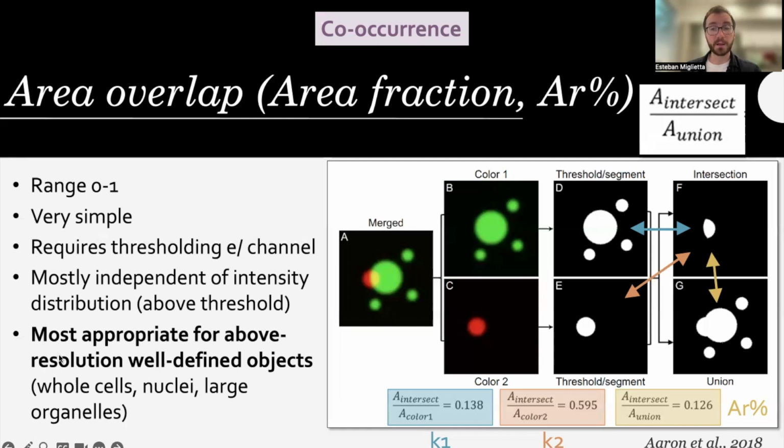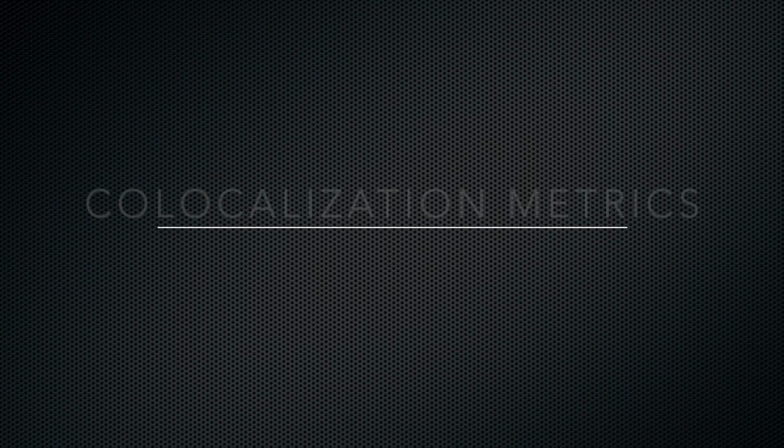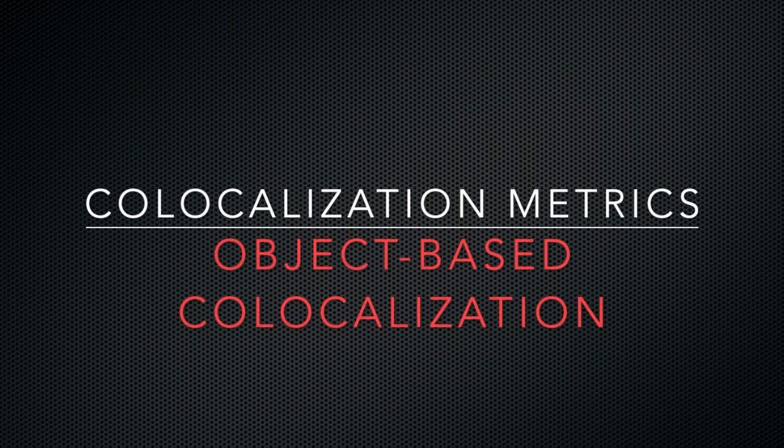This type of metric is, again, rather simple, goes from 0 when there is no overlap to 1 when there's a perfect overlap between the two signals, and is usually best used for really big objects that are well above the resolution limit of the microscope and are very well defined, such as, for example, nuclei. If you want to see if two nuclear signals happen in the same cells, well, this is rather easy to do. We can use another co-occurrence metric, which is